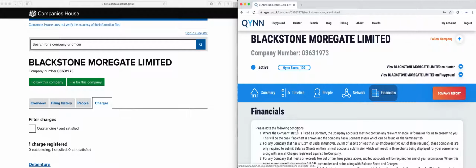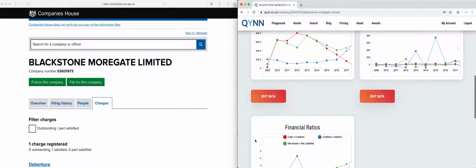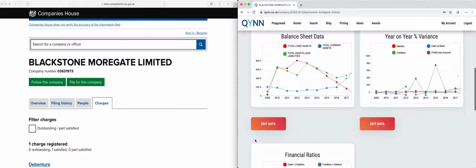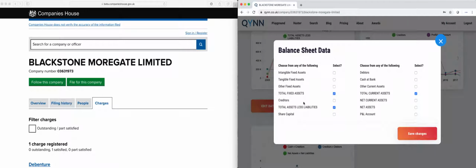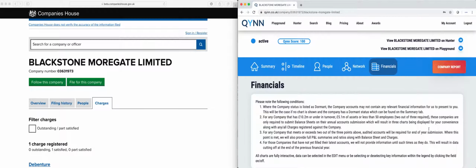Financials are built in the exact same way. So here we have balance sheet, year-on-year percentage variance, and financial ratios. We also give our users the ability to download this data and to edit this data. So here we can see if I want to amend the balance sheet, this is fully customizable and instantaneous, in real time. And as mentioned in the